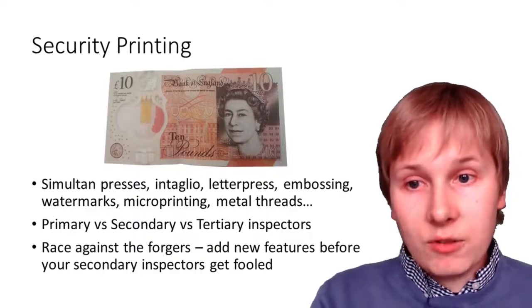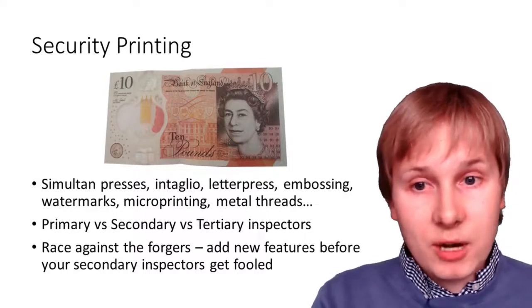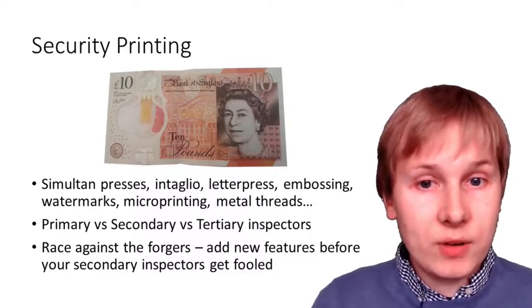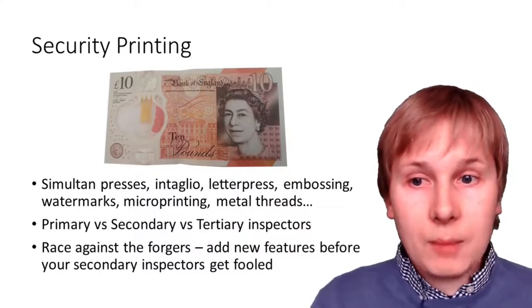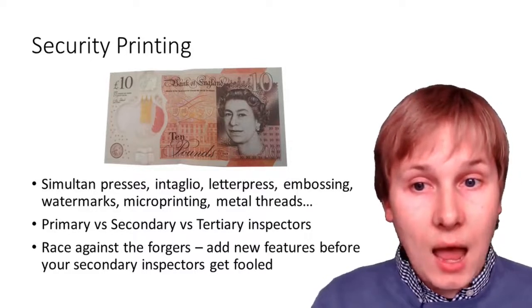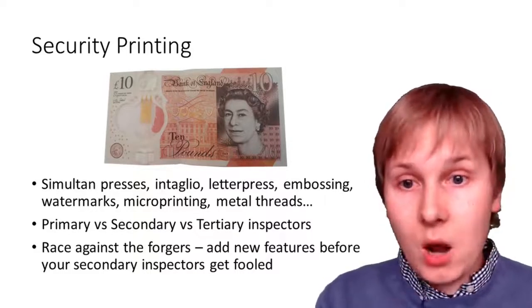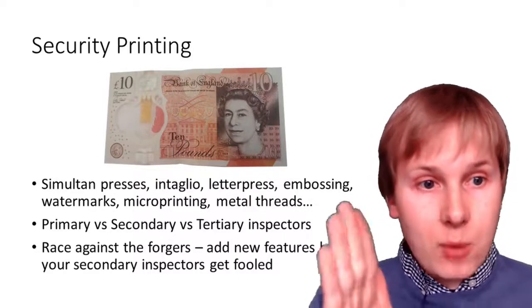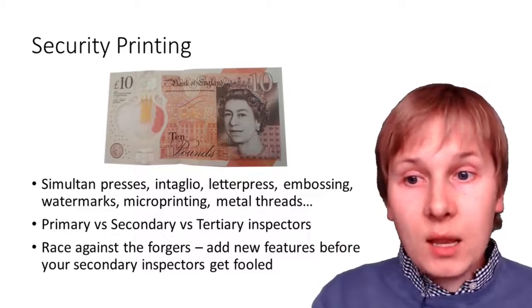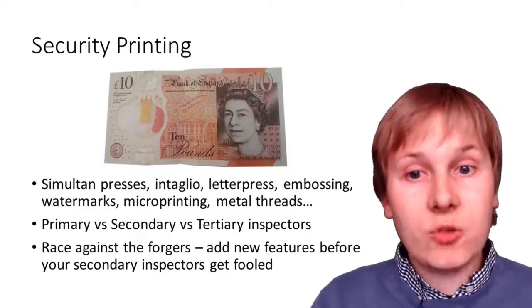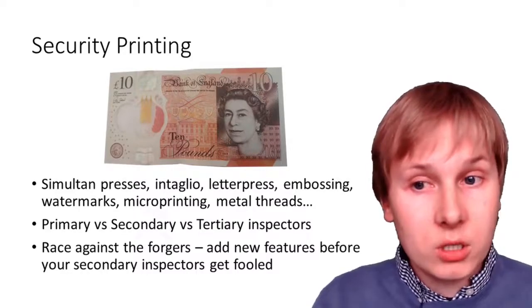A closely related field is security printing, which tries to distinguish genuine articles from forgeries. The most prominent example is banknotes. This includes techniques to accurately align front and back of the note, or simultan presses, which press them at the same time, as well as intaglio, letterpress, and embossing, which are different methods of creating raised or lowered portions of a document,